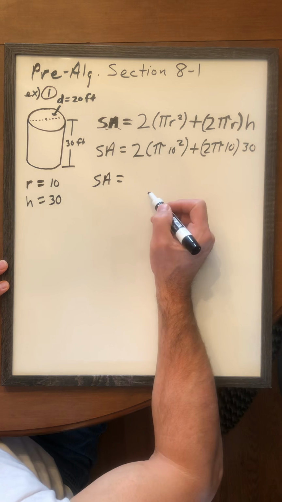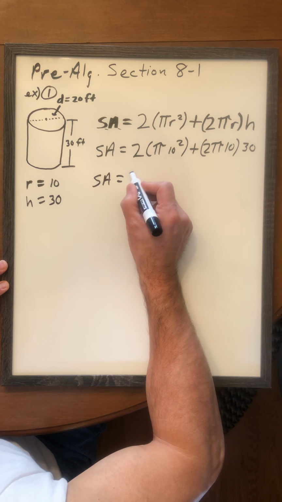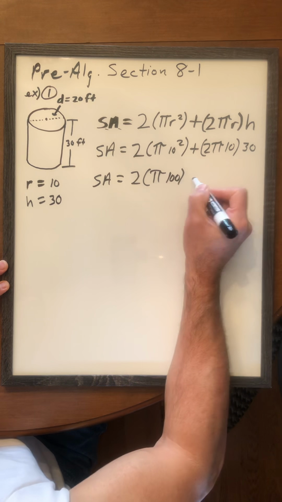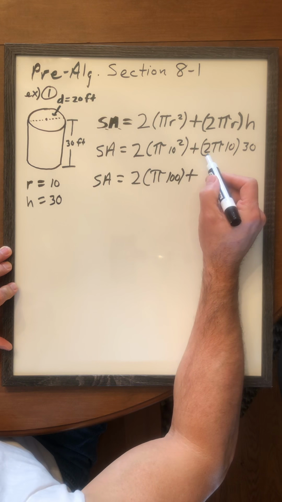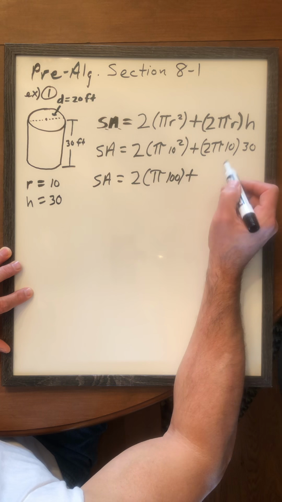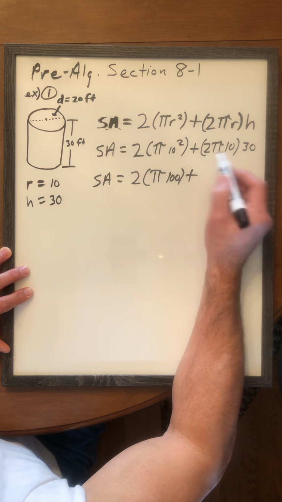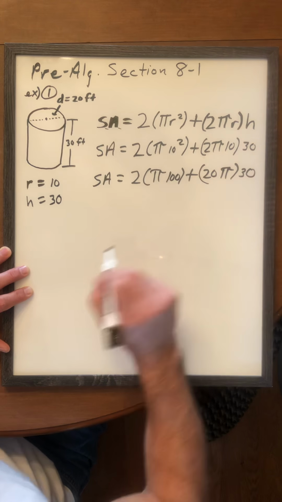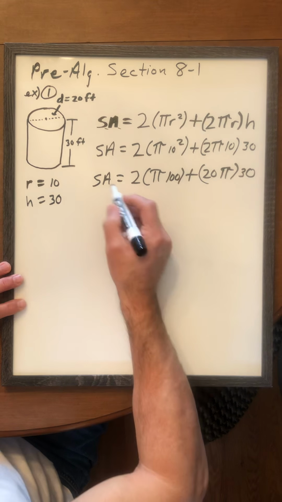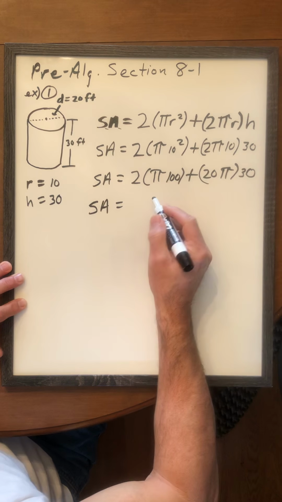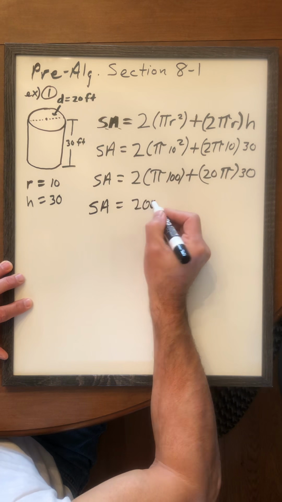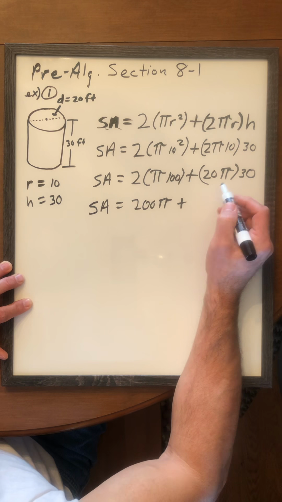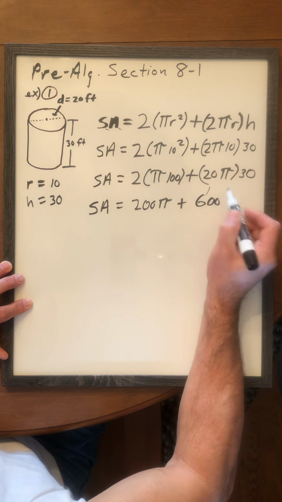I'm going to go ahead and go by the order of operations. We do our exponents first. So we would have pi times 10 squared, which is 100, plus 2 times 10, and that would be 20 pi, and then we have the height, which is times 30. So now I bring it down. The surface area is equal to 2 times 100, that would be 200 pi, plus 20 times 30, which is going to be 600